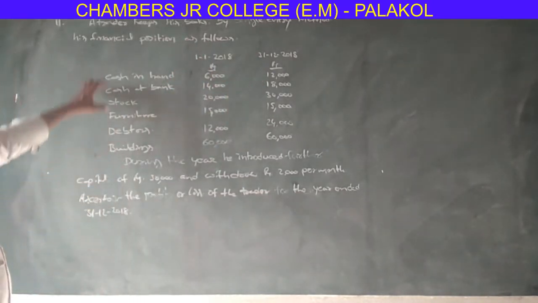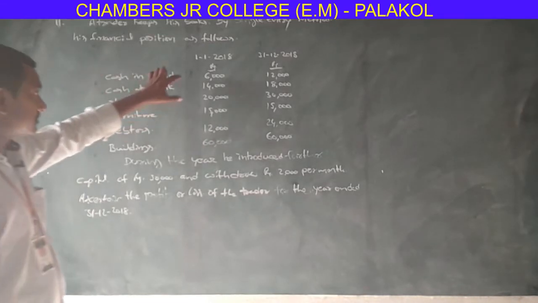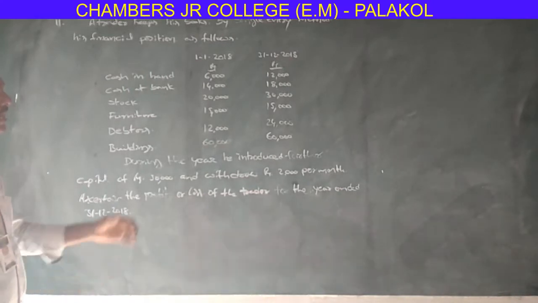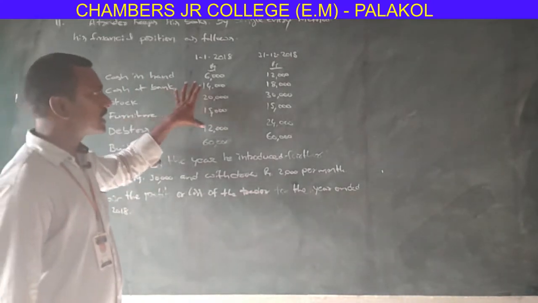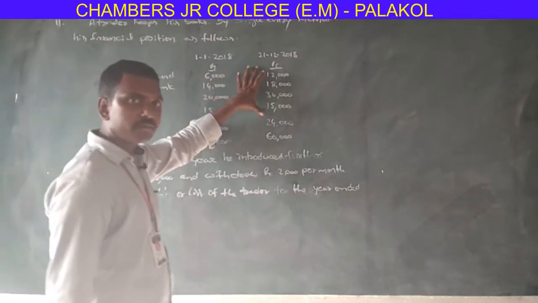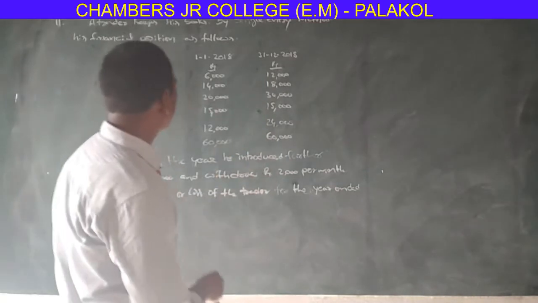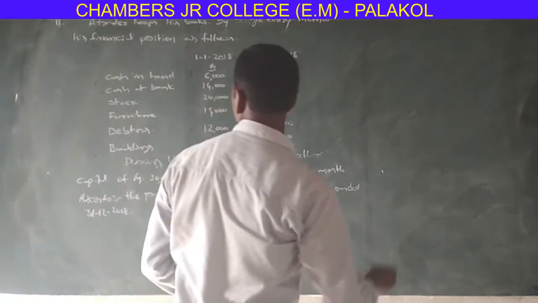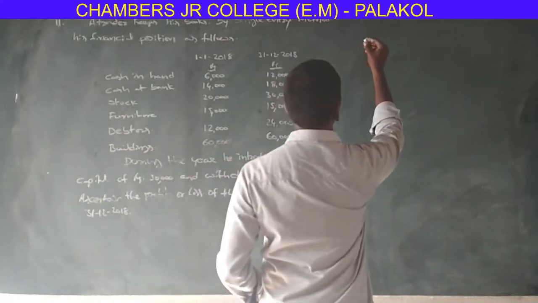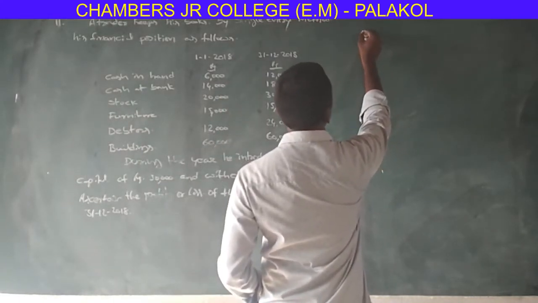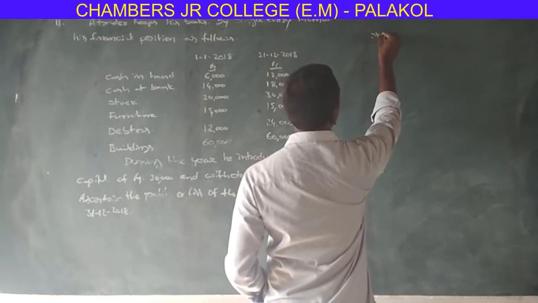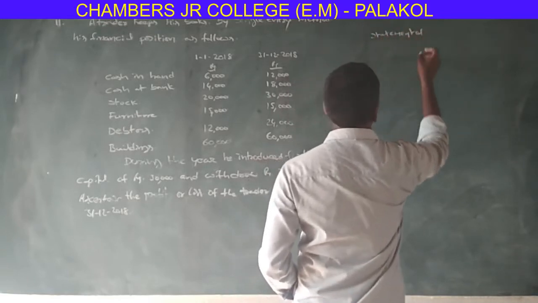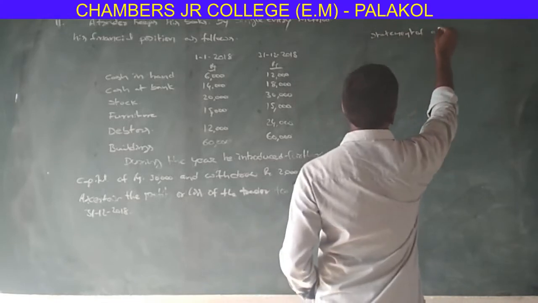With the base of these two, we calculate the statement of affairs at the beginning and at the end of the year, and finally you prepare the statement of profit or loss. First of all, you prepare the statement of affairs